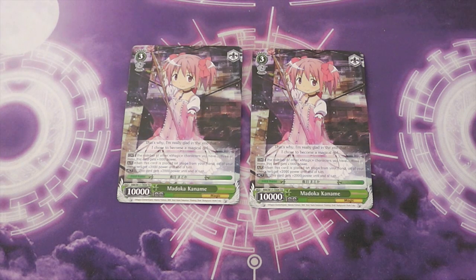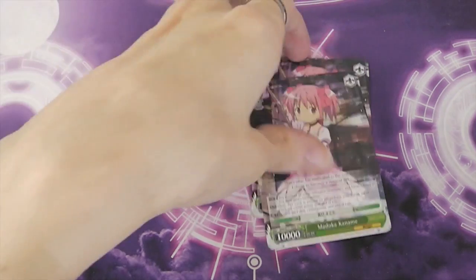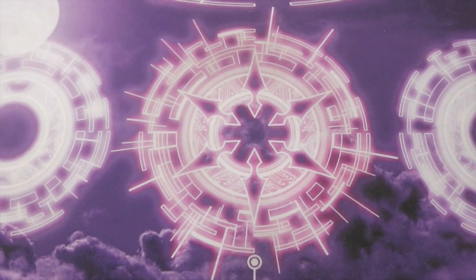An activated ability. For a cost of 1, this card gets plus 2,000 power until the end of turn. So long as you do it in the main phase and you've got enough stock to play around with, you can kind of give it ridiculous numbers for very little stock. And finally,